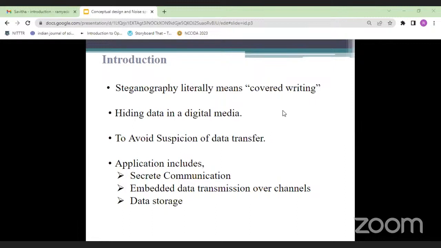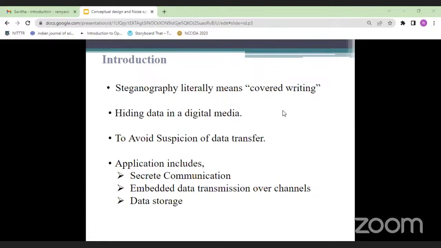Whenever we insert extra information within a digital medium, we take some of the information from the host medium and, in that place, insert our message. So there will be some disturbance in the quality of the medium, whether it is audio, image or video.